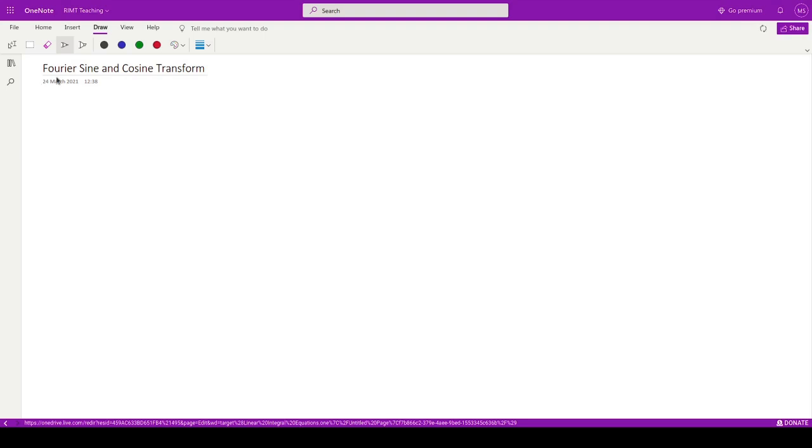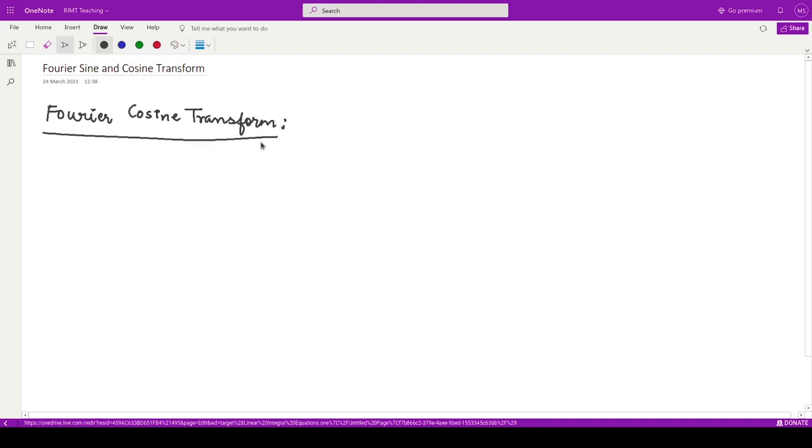Here we shall see what the Fourier sine and cosine transforms are. Firstly, let me define what a Fourier cosine transform is. If your function f of t is defined as this,